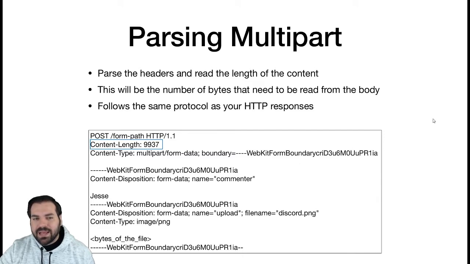You have to read that and then read that many bytes from the body. This is important because you might think, well, I don't feel like doing that. I'm just going to read all the information from the TCP socket, and however many bytes I read from the TCP socket, that must include the content length. Like, I got the content length. The problem is you're not always going to get